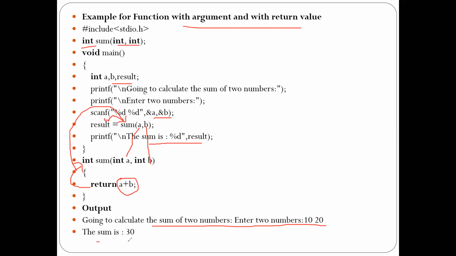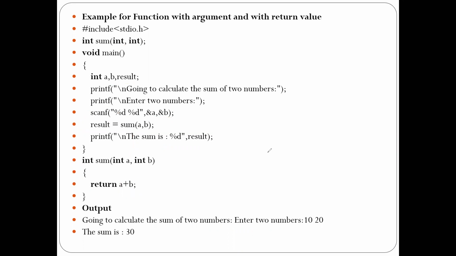That only we are going to see. So the function is passed the value, as well as the value after the operation has been done. That is, the collection of statements within a function will be executed and return the value back, and it is being printed in the main method. That's all about the 4 types of invoking the function.